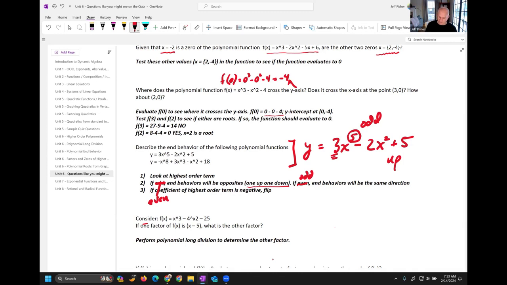Okay. And then if the coefficient of the highest order term is negative, which it's not here, but in this one it is, you flip it. So instead of it being up and up, it's going to be down and down. Or if it's even, this one,